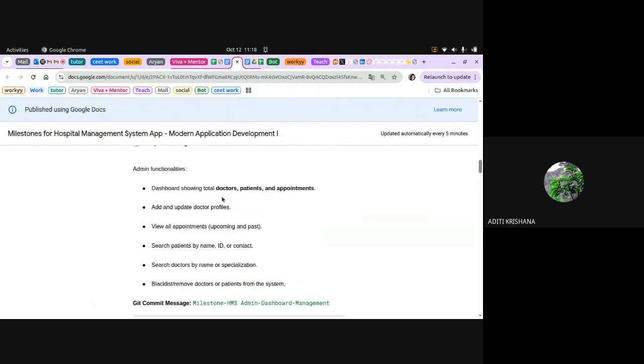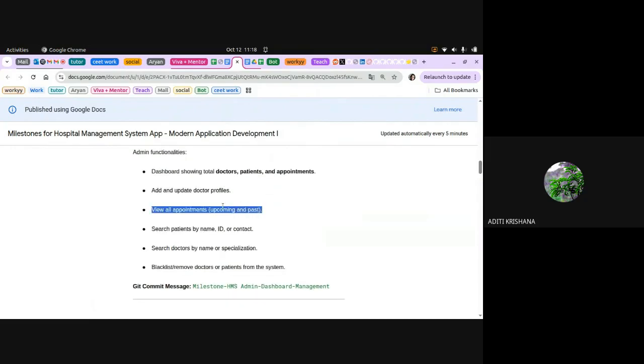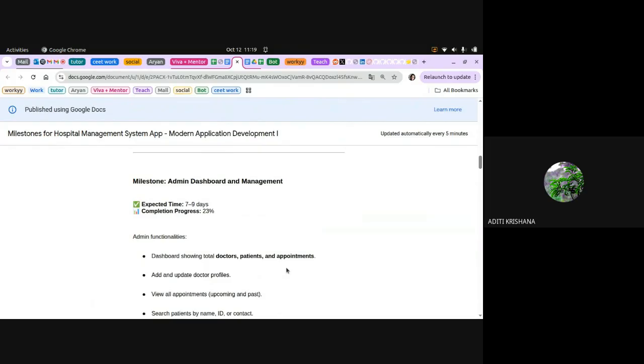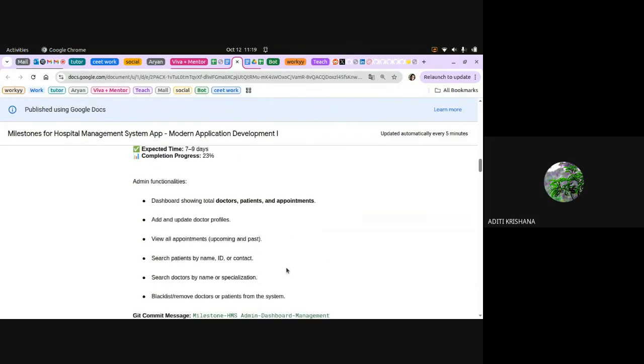Second pointer you all have done. Then when the appointments are done, you are able to view all types of appointments, whether it is completed or cancelled. Every type of appointment will be shown using Jinja 2. Okay, complete the search functionality and blacklist both. Then your milestone 3 will be done. I will be checking by tomorrow evening. If someone has completed before tomorrow's meeting, you can ping me, so I can conduct a personal meet and quickly check and tell you to commit and push with the milestone commit message.